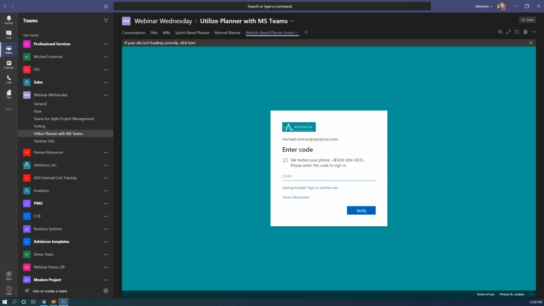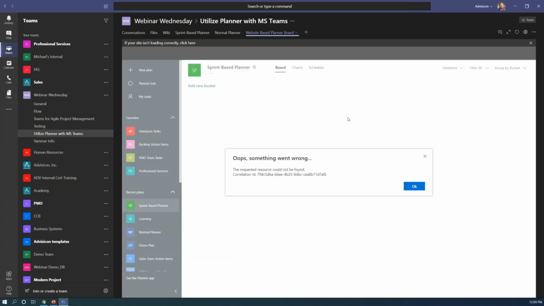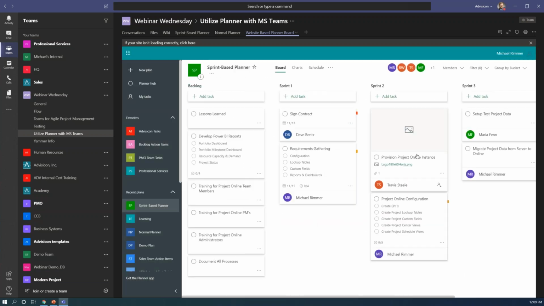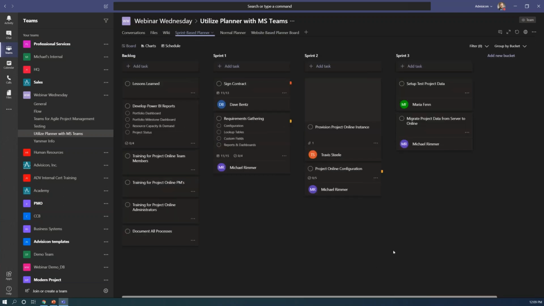It's going to give me that multi-factor authentication. Microsoft has great security. Oh, there we go. Okay, so then you can see my planner board is right up here. Now, as you can see, this is showing the website version. I currently have dark mode on my Microsoft Teams. So if I go to the same planner board, but I use the tab version for Microsoft Teams, you can see that it's going to adapt the dark mode version for my planner board.